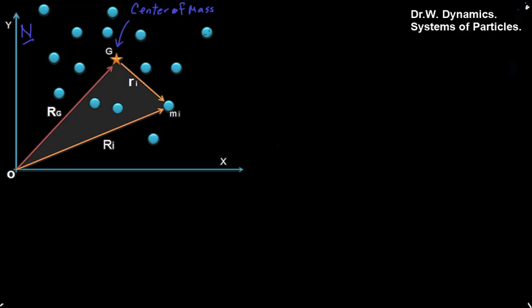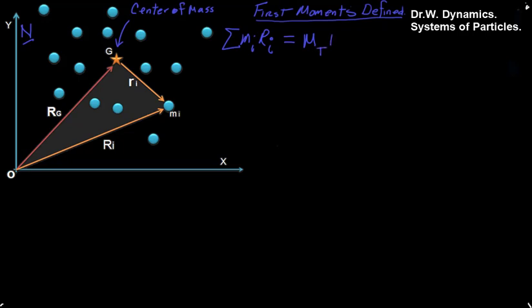And recall, to find a center of mass, we use the property of first moment, where a first moment is defined as the sum of the mi Ri for each particle, and we say that that would equal the total mass of the system times Rg, the centroidal distance, where the centroid equals the center of mass. And from here we can show that